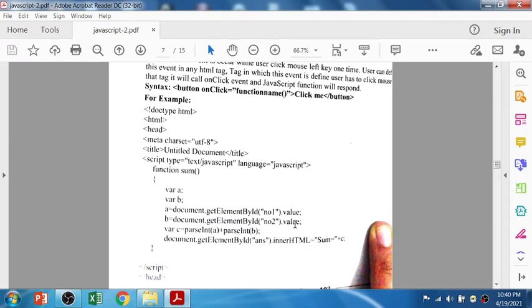Now you might think, what is this, document.getElementById? This is one of the predefined functions provided by JavaScript to point out a particular element.